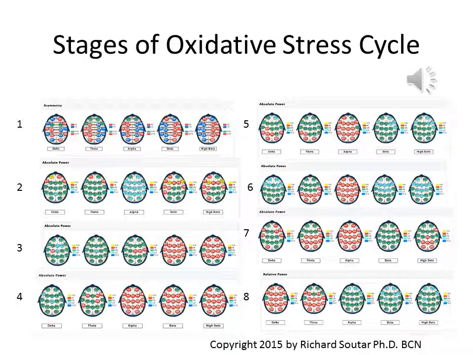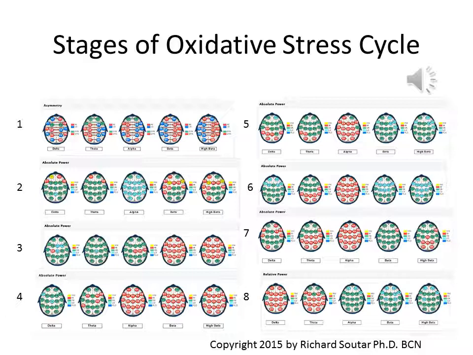If we look at stage 3, we can see that at a certain point, beta completely dominates the map. And we can see that the alpha is starting to come back to a normal state of affairs. This is because alpha is actually increasing at this point due to slowly tiring sodium pumps. As we move into the next stage, stage 4, we begin to see that the alpha is actually increasing in a diffuse pattern across the entire scalp.